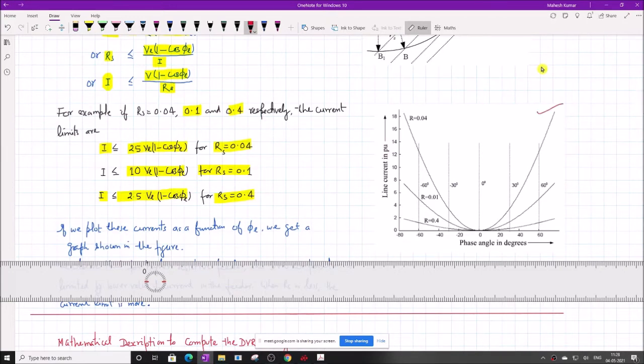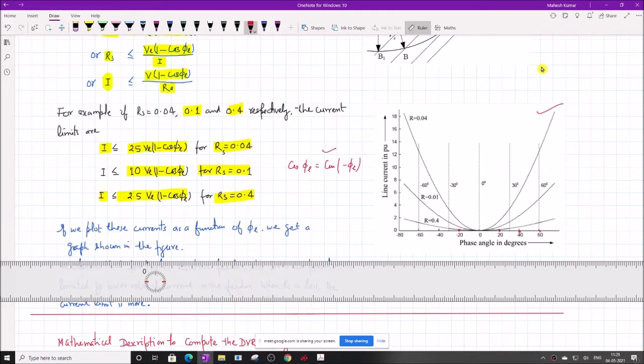In this figure, on the x-axis we have the phase angle phi L. As you can see, we have cos phi L, which is symmetric about plus phi L and minus phi L. So it doesn't matter, because cos phi L is the same as cos minus phi L. You can see the curve is symmetrical around the angle 0. So this is plus 20, this is minus 20, this is plus 40, minus 40, plus 60, minus 60, and the curve is symmetrical around this point. It is because of this property.